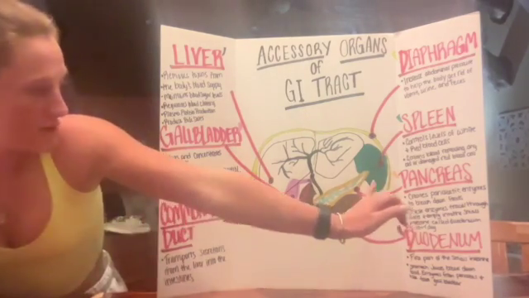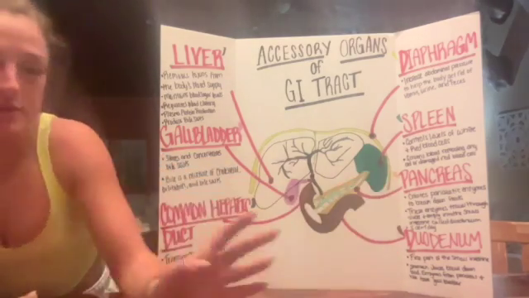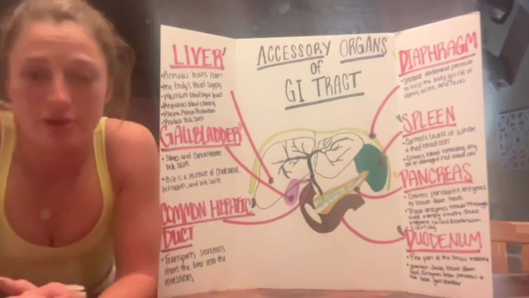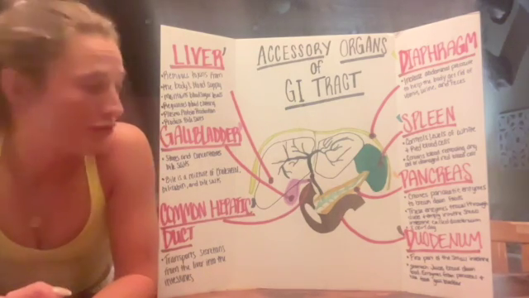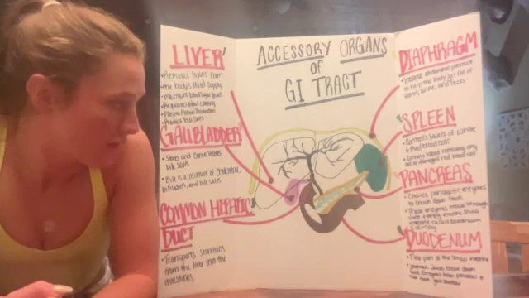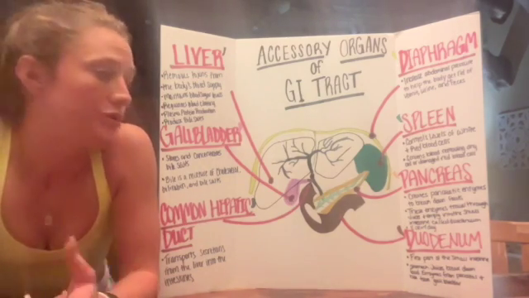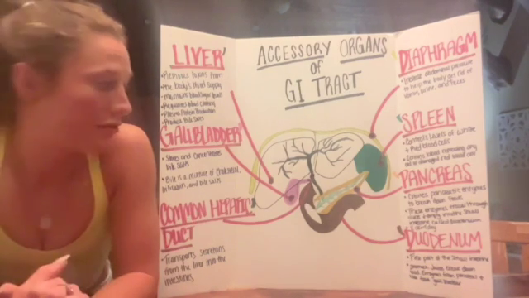Then you have the pancreas right here, which is in yellow. It's got the little tail thing, as everyone calls it, and it creates pancreatic enzymes, and this helps break down food as it passes through. They travel through ducts and empty into the small intestines. And typically in one day we create 8 ounces of this